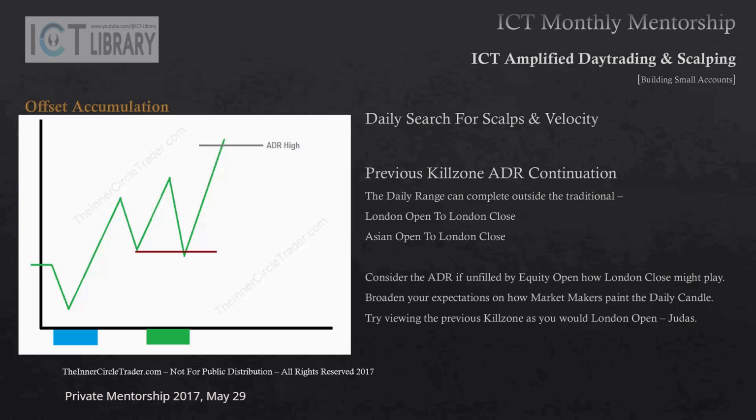The framework, conceptually, in a graphic depiction, when we're using offset accumulation, this is what it looks like. It does not matter which one of those kill zones we're talking about, because it's all basically the same thing. If institutional order flow is bullish, it will most likely unfold like this. And notice the shaded areas I have for kill zones. I already knew what you're going to think, and that's what everybody else thinks in the free tutorial stuff. Those individuals over there, they just think London Open, New York Open, that's it. But you need to think in terms of how IPDA delivers price, and that same mechanic is offered during the Asian Open, the New York Open, the London Close, and all 4 of those primary sessions that we've outlined. They're all there as potential candidates.